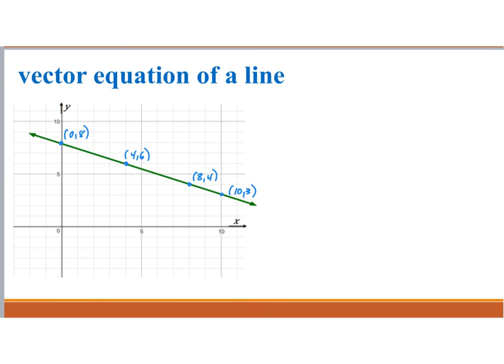The formula for the vector equation of a line is r equals a plus tb. Okay, hold on. Let me rewrite that. Let me write that here. r is equal to a plus tb, where t is a scalar and r, a, and b are vectors. b is called the direction vector,